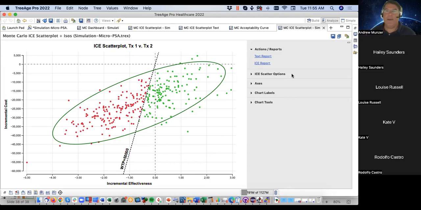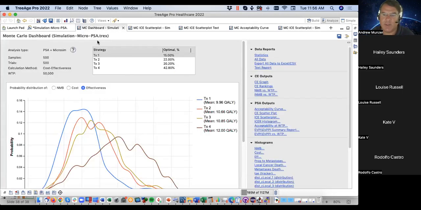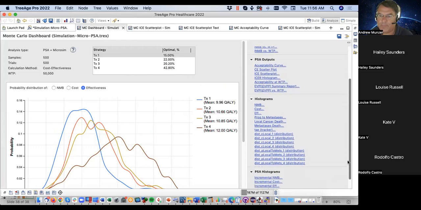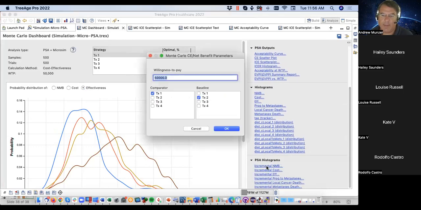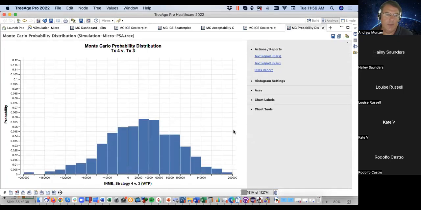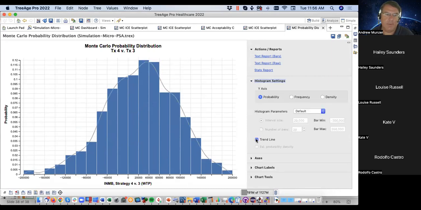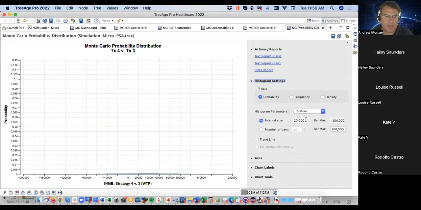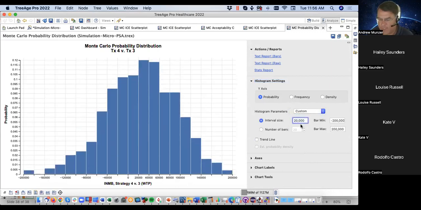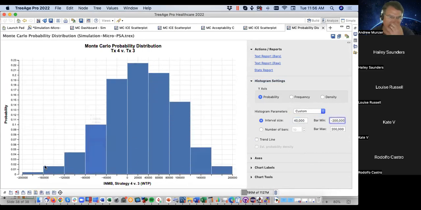And let me go back and run a histogram because the histograms are interesting. So here, incremental net benefit between 4 and 3. Right, it's a histogram. Let's say I want a trend line, or I don't want a trend line, or I want to change the bars. There's too many bars or too few bars or whatever. I could change it and say, I really want bars every, let's say, 40,000. Right, and you can